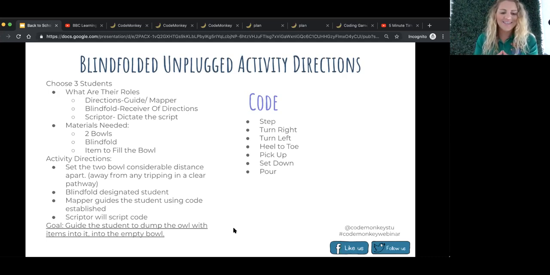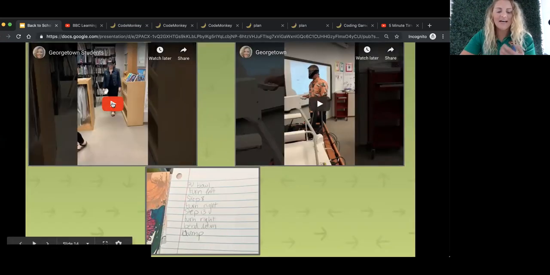So the goal is to guide the student to dump the bowl with items into the empty bowl. I notice here that I'm missing a B in the spelling. Of course, your students would catch that if they saw it, but there it is. And so what we want to have happen is, as you can see here,